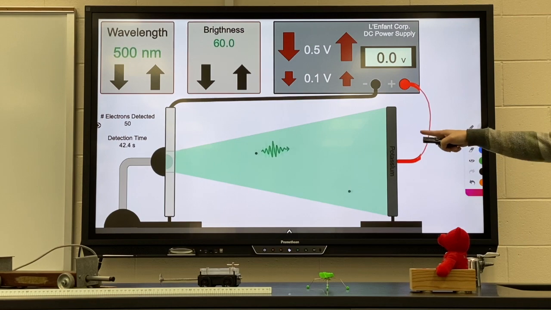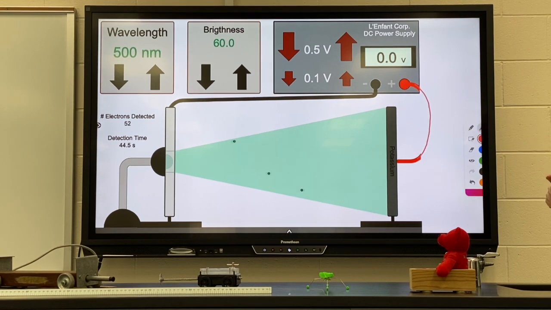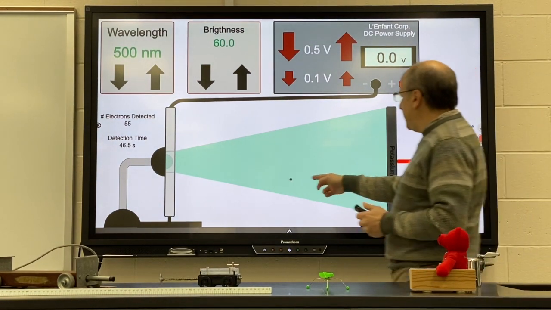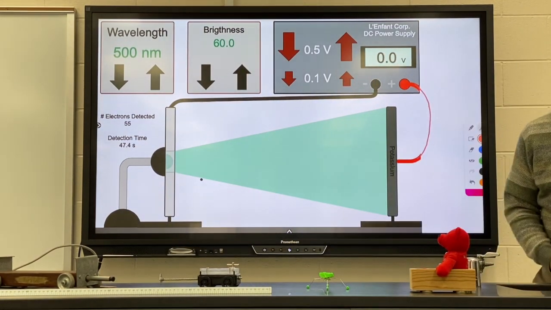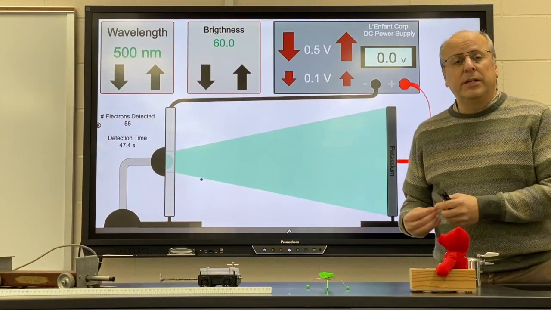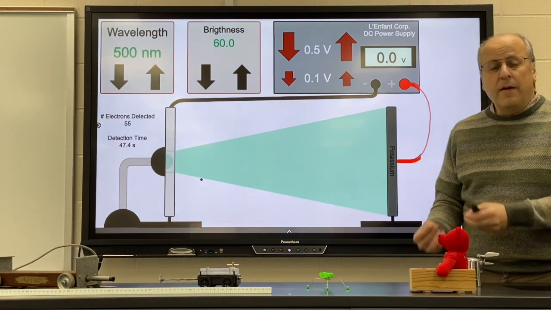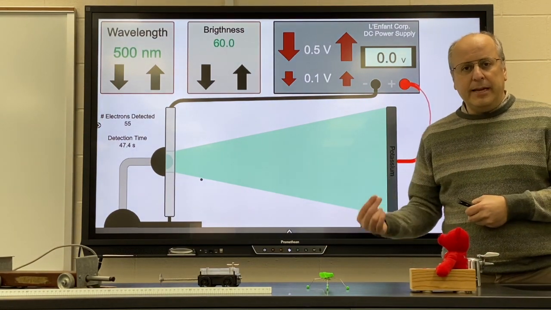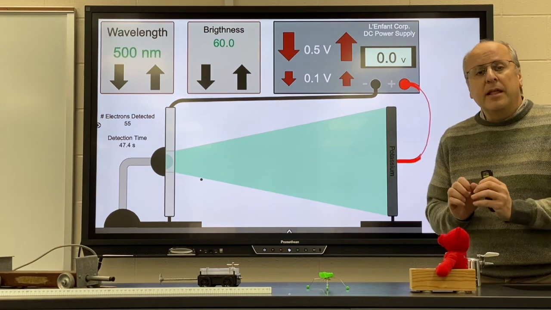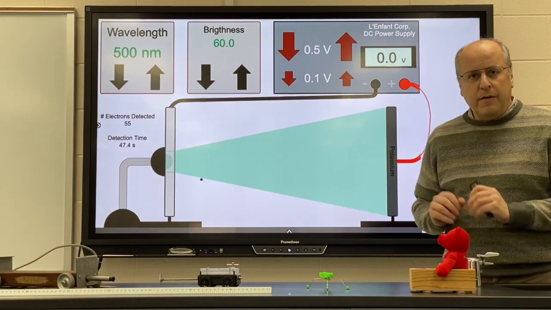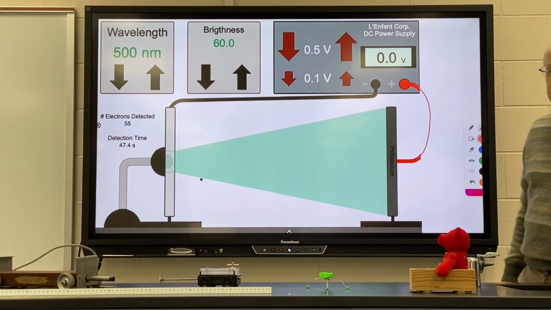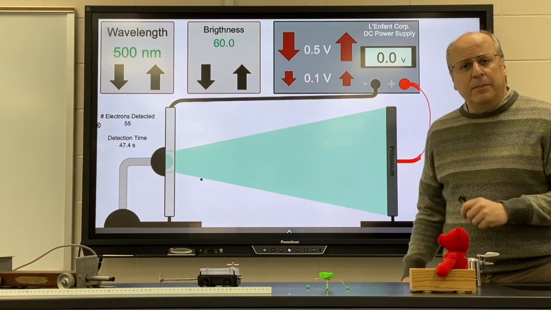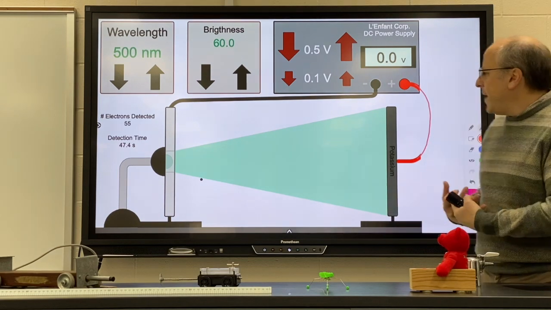Now, we shine light onto the potassium. When the light hits the potassium, electrons are ejected from the potassium. That is what is known as the photoelectric effect. Photo, that is light, hits the metal, knocks electrons off. Photoelectric effect. Thing to realize is it doesn't always happen,